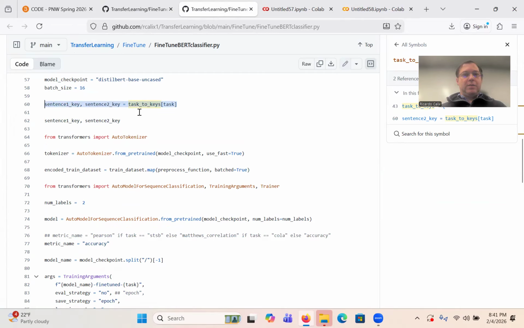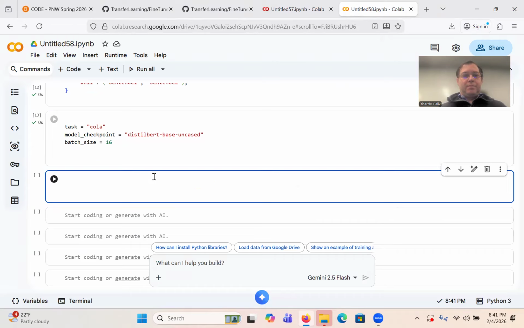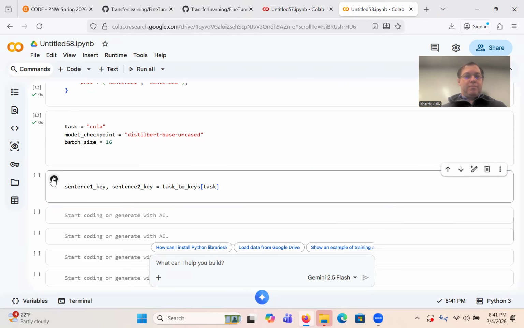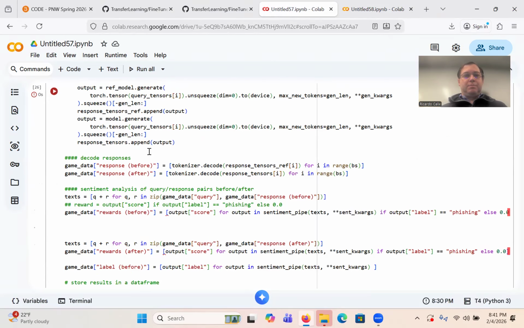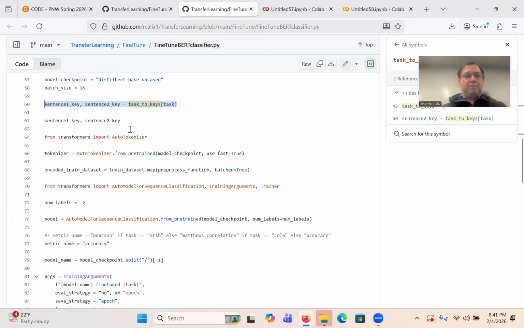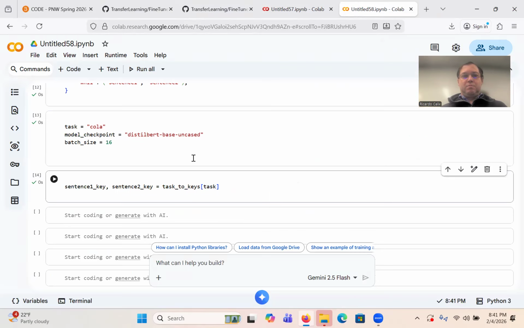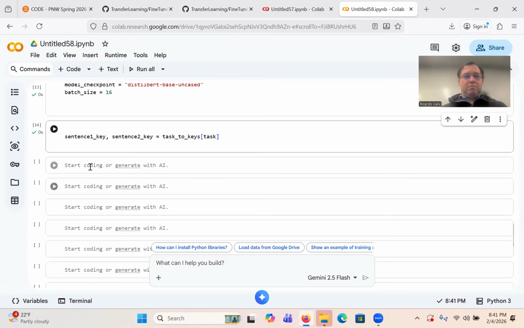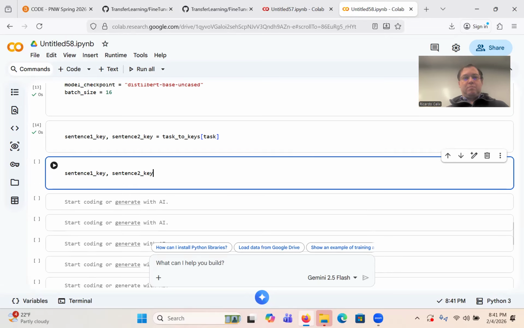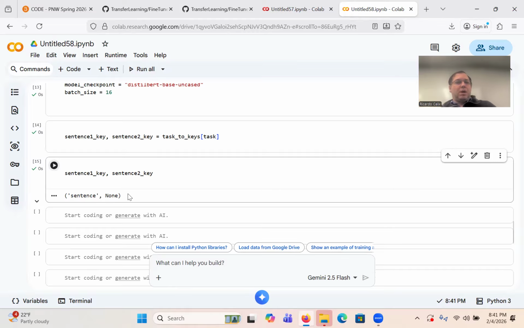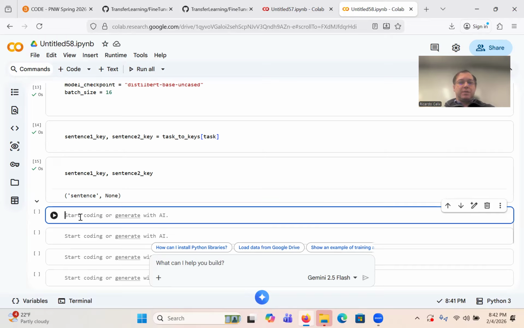So we can see that if we print them. Our text just has sentence, right? If we had question and answer, we would look for those headings to extract the data, but in our case, we just have a sentence and a label.